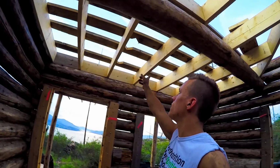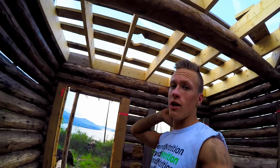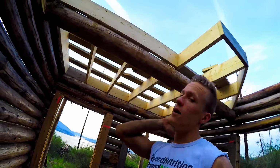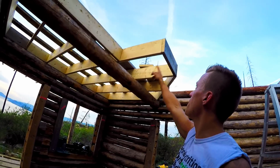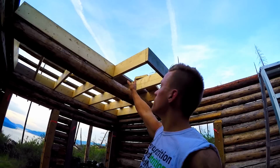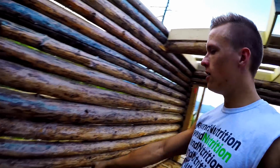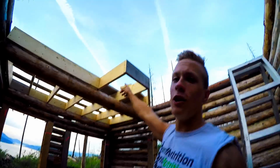As for the inside, it's getting pretty cozy. I just stuck some little old 2x6 up top just to give me something to walk on up there, but it's coming along pretty nice. As you can see, I made a little cantilever landing coming off, and we're thinking of doing a little L stair going up to the loft, which would be